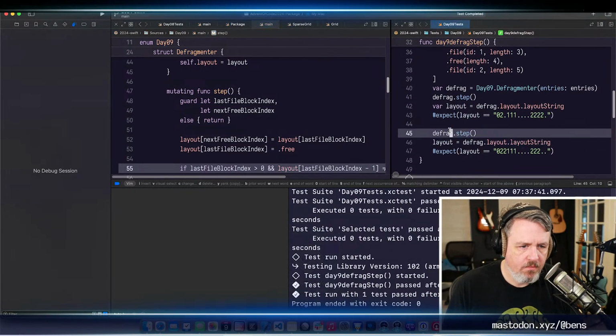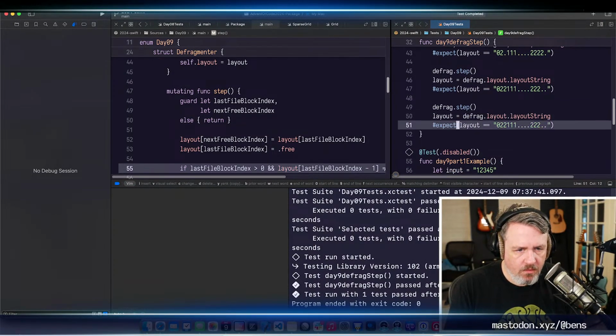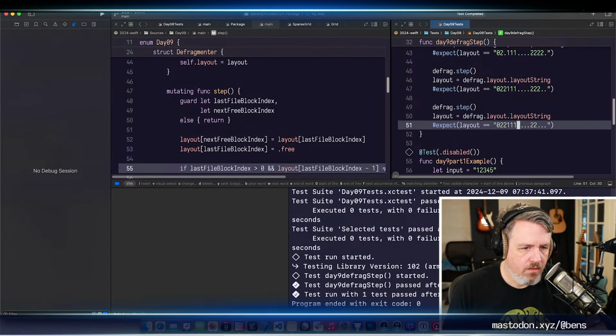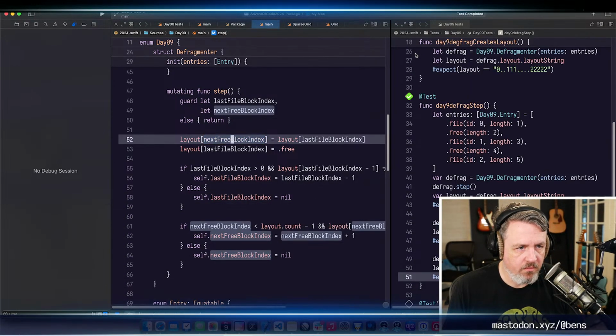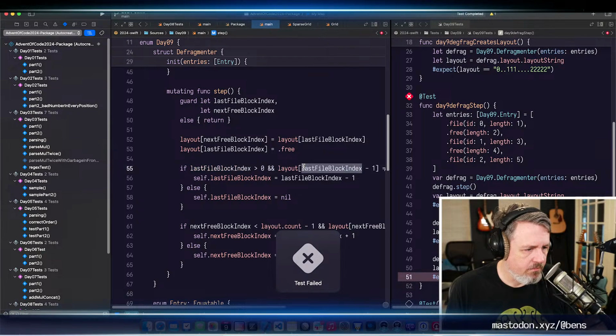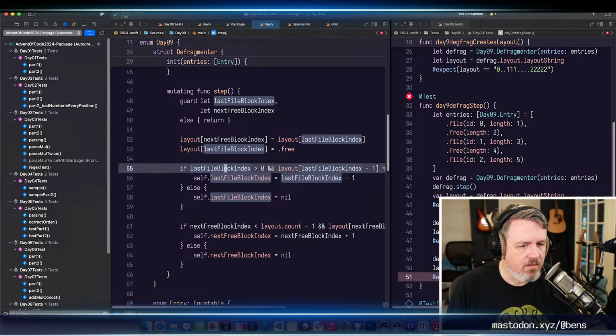Okay. Now if I do another step, we expect this 2 to be replaced there and then go here. And this I don't think is going to work because, well, I know it's not going to work. When I run it, we're going to get this problem here, this free block problem. So the last file block